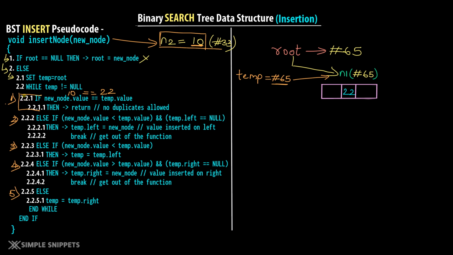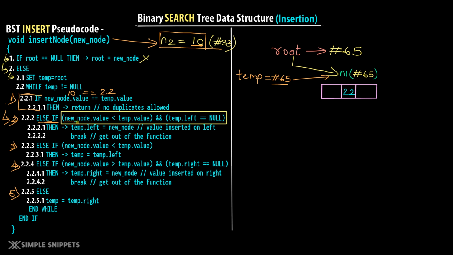No. So we will not execute this part. We will move on to the second condition, that is the second else if part. So this is an if, else if and else control statement, and we are going one by one because that's how you go in a linear way, starting from top to bottom. Alright. So now that we've determined that the values are not matching, the second condition that we are checking is in this else if part.